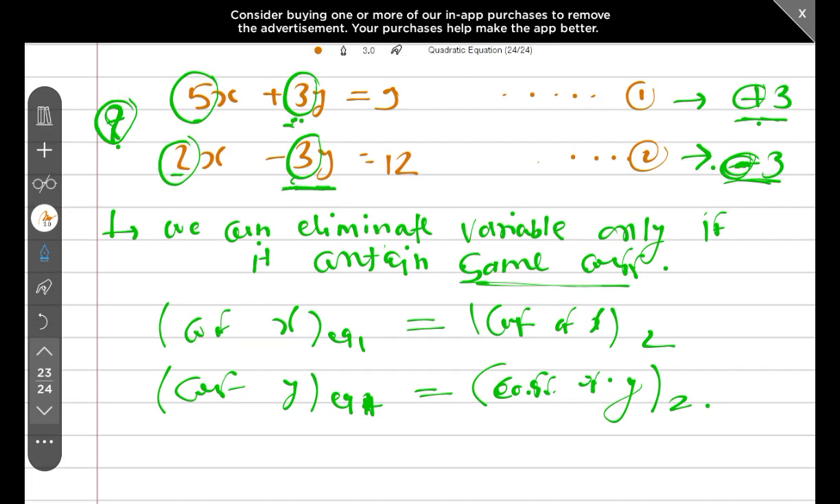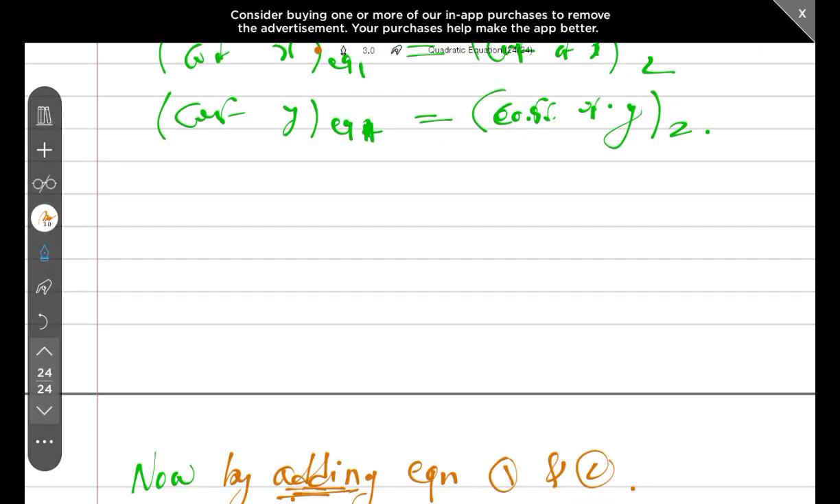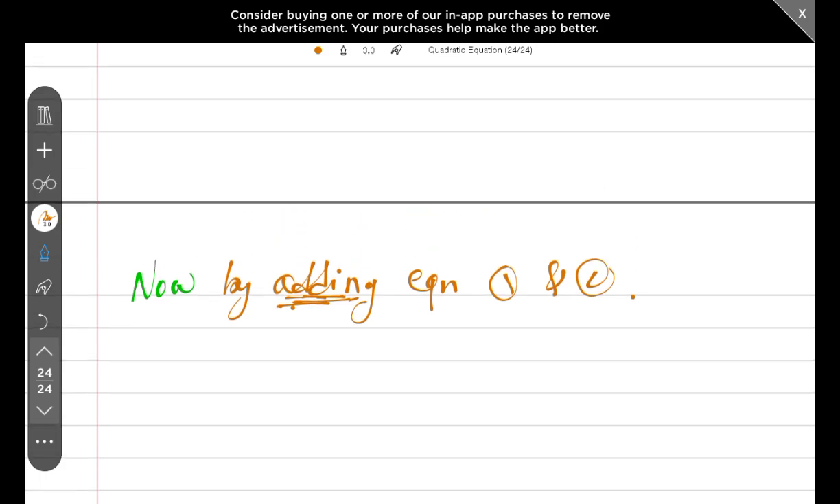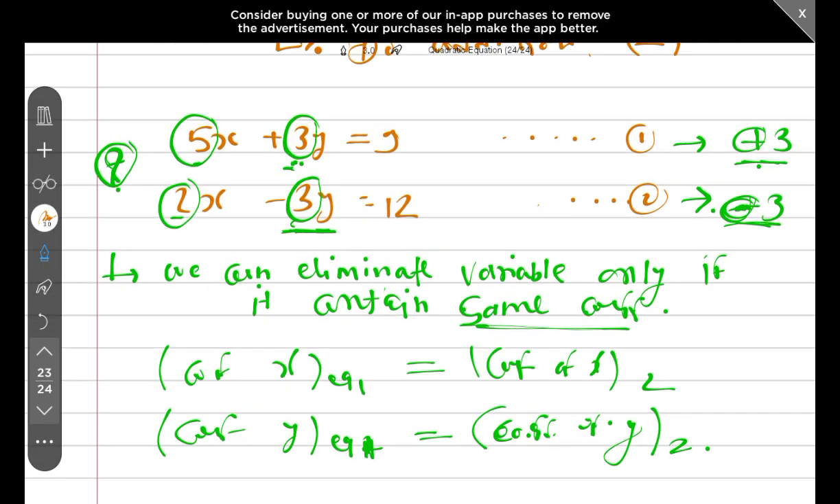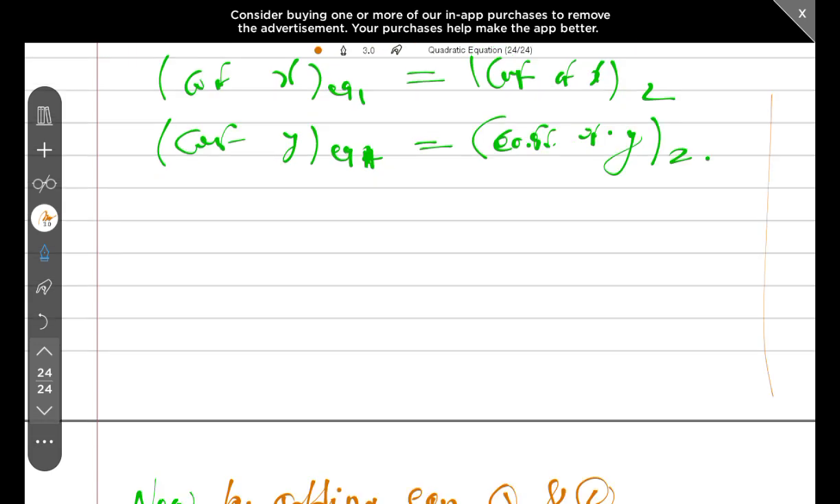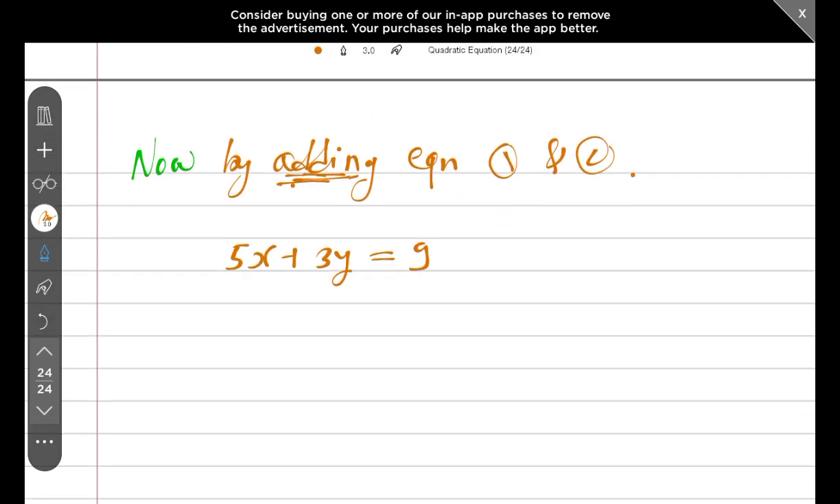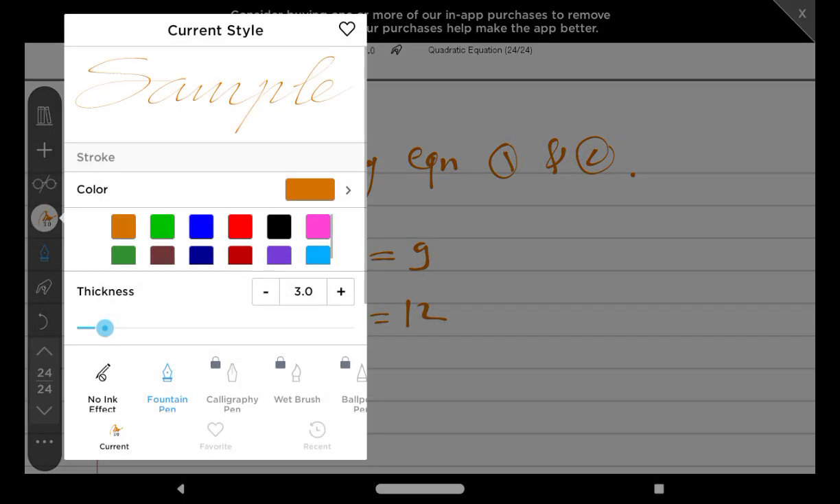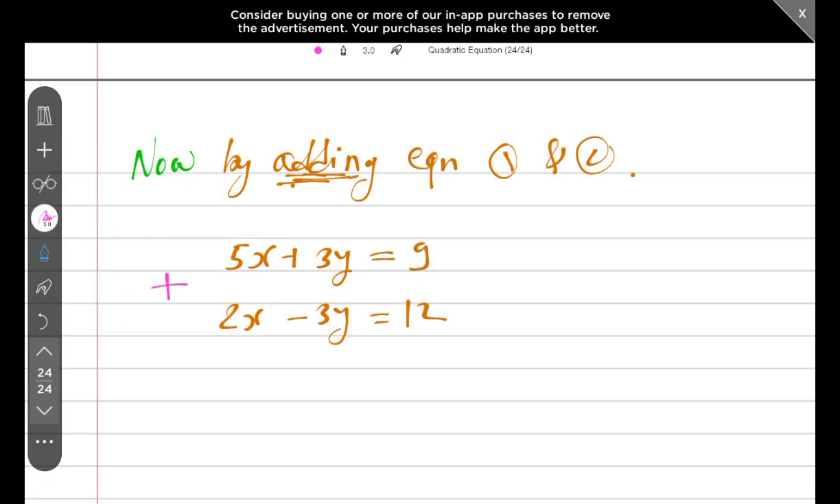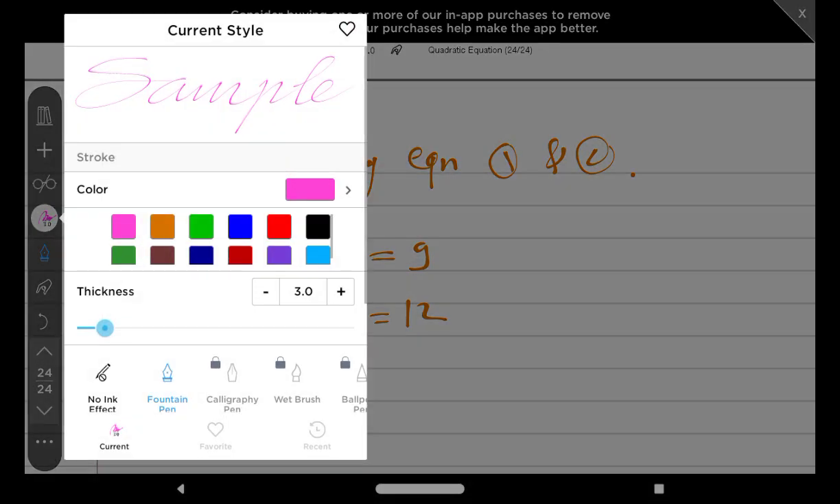What we have: 5x plus 3y is equal to 9, and the other equation we have is 2x minus 3y is equal to 12. And which operation are we going to do here? We are going to do additions. Why additions? Clear, everyone? All right,